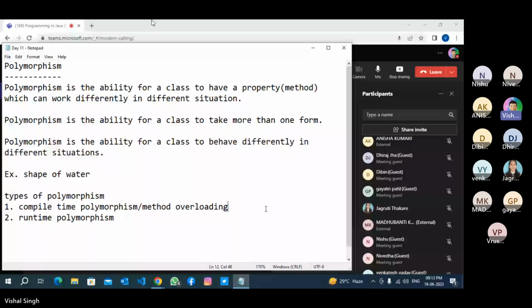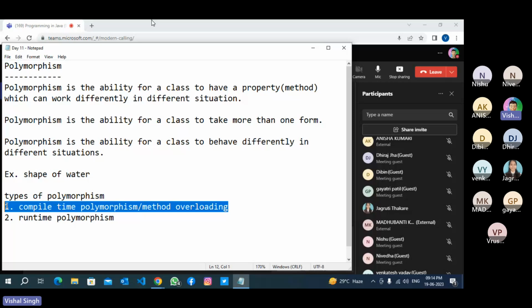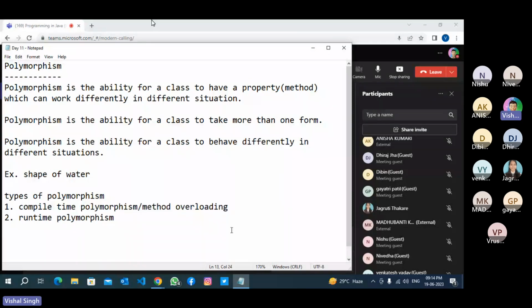So it is achieved at compile time, meaning it is checked at compile time whether there is any syntax error or not. When you have multiple methods with the same name, it is checked which method to call, and when the specific method will be called, everything is checked at compile time when you do method overloading. Okay, and runtime means